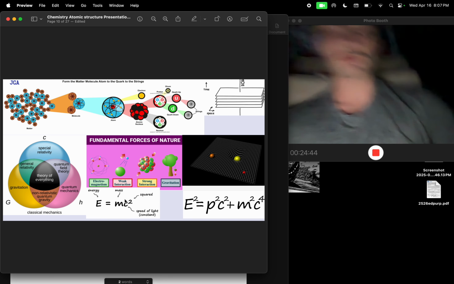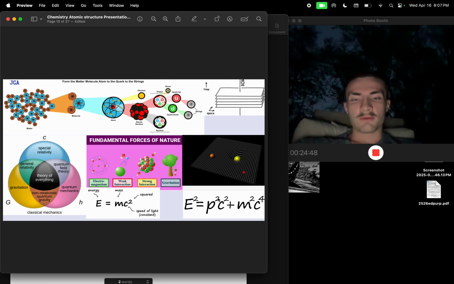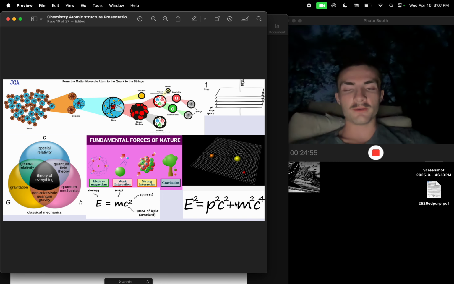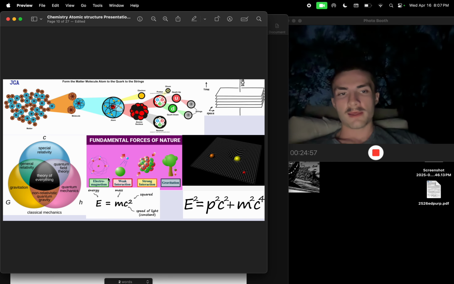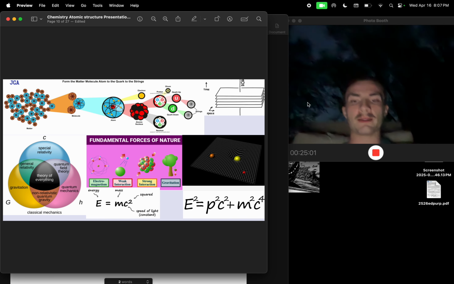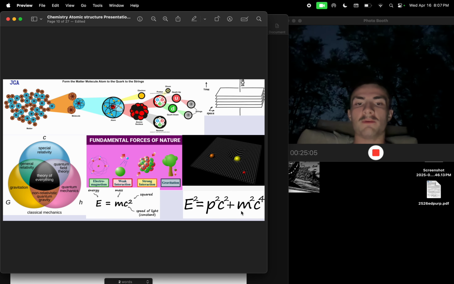So that doesn't make sense, which is why, in order for it to make sense, you have to realize that this equation right here is actually where E equals mc squared comes from. So this comes from this. This is a longer, bigger version, and this is just a specific scenario where you can rewrite it. And if you look at this equation and take into account that photons have no mass,